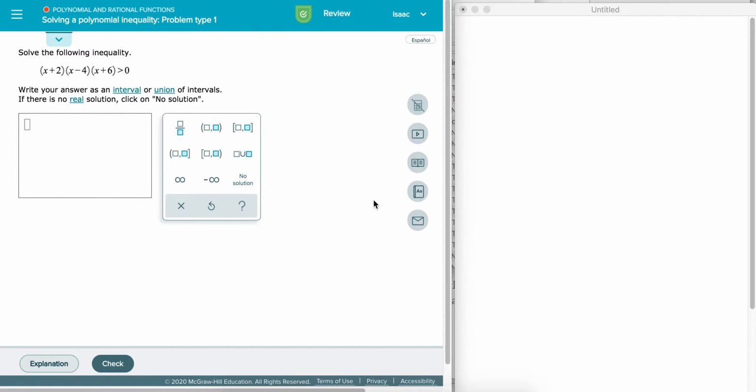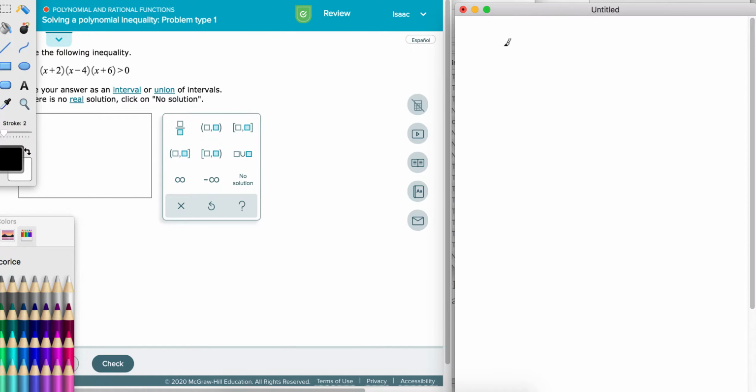So if we have to solve the following inequality and write our answer as an interval union, let's just solve it first here, okay? This is one where you might want to graph it in Desmos. That'd be a pretty quick way to find the different solutions. But to do it algebraically,